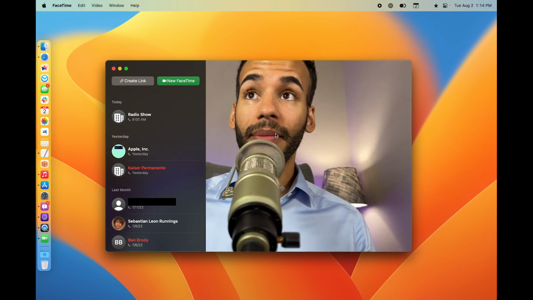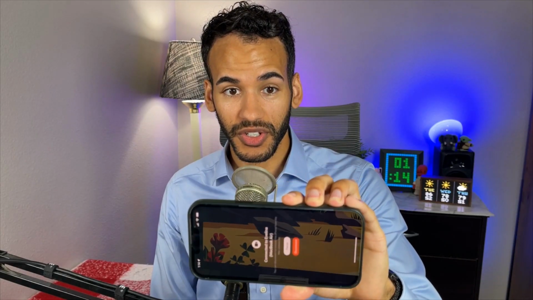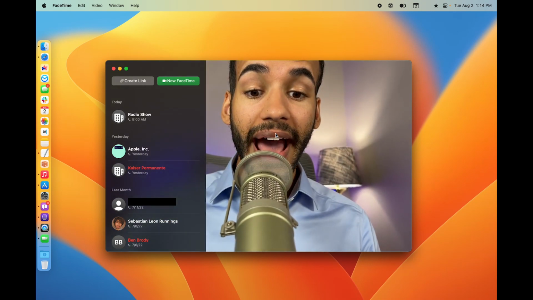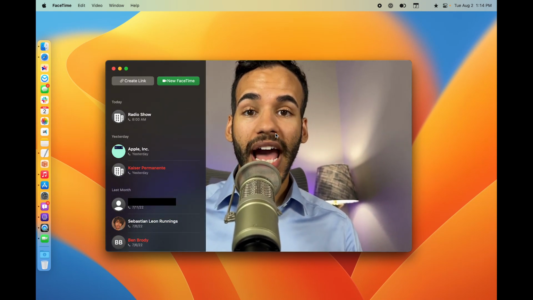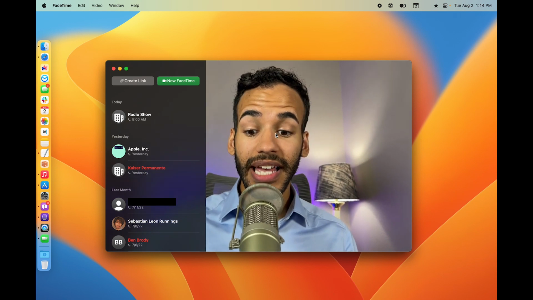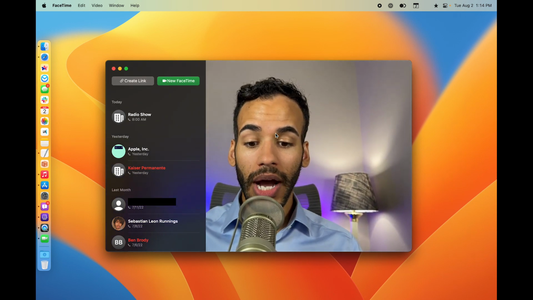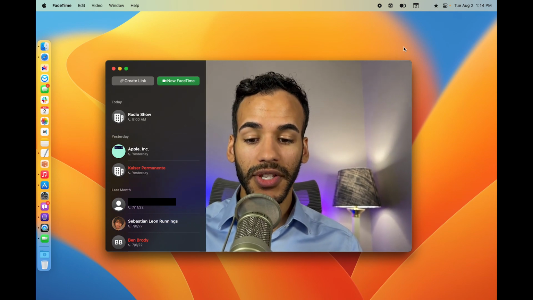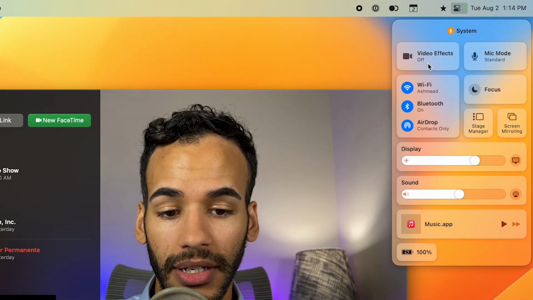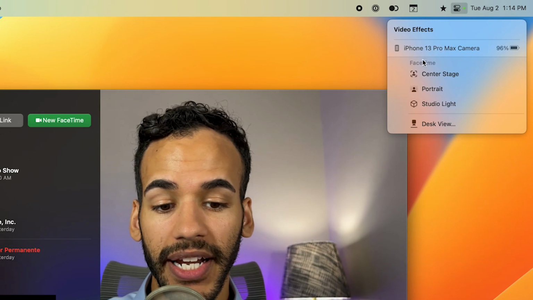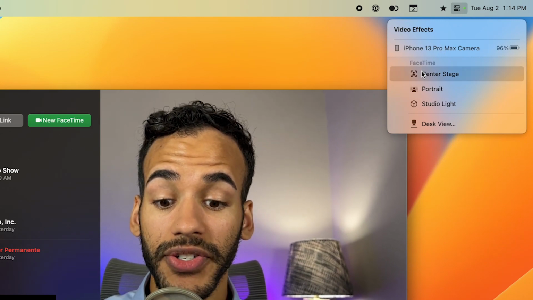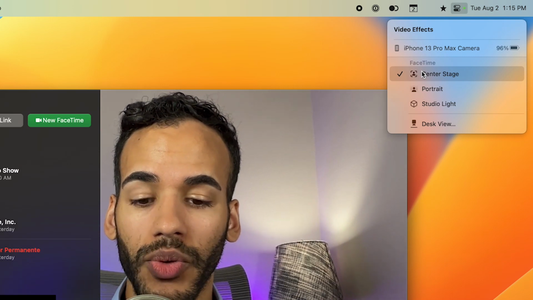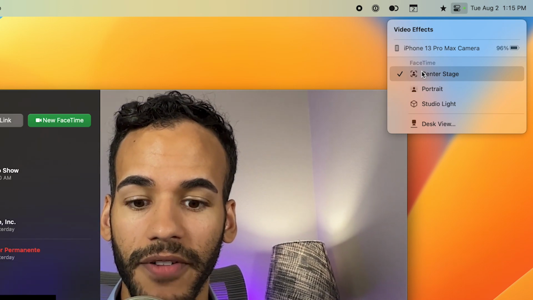And now, we'll switch so you can see on screen, I am actually using my iPhone as the camera for my Mac. And I remind you, this is happening wirelessly. So I've got some options too because of the quality camera that is built into the iPhone. I can go up to Control Panel and go into Video Effects and make some changes, including Center Stage, which is a feature that lets me use the ultra-wide camera on the iPhone to